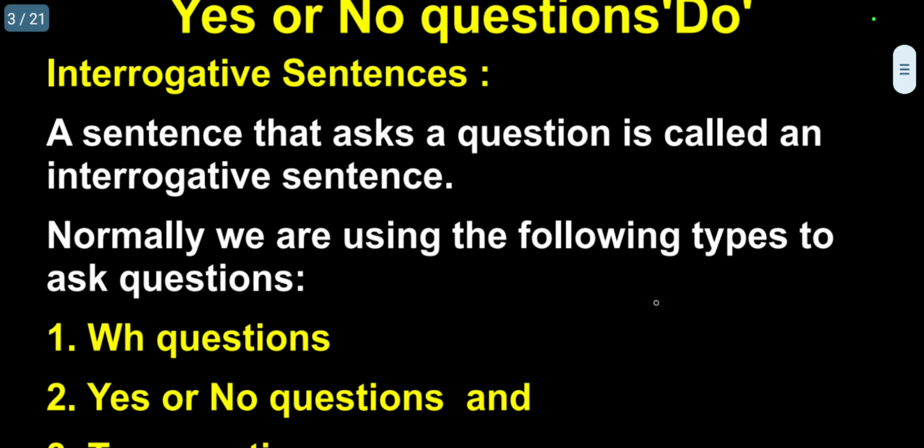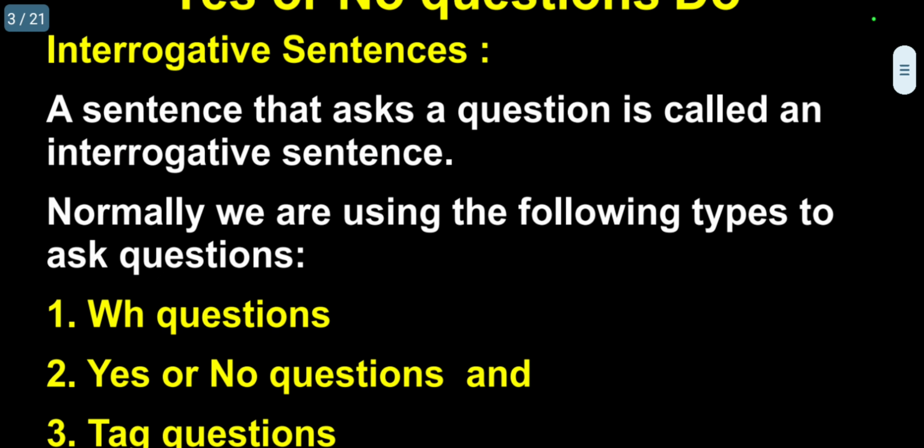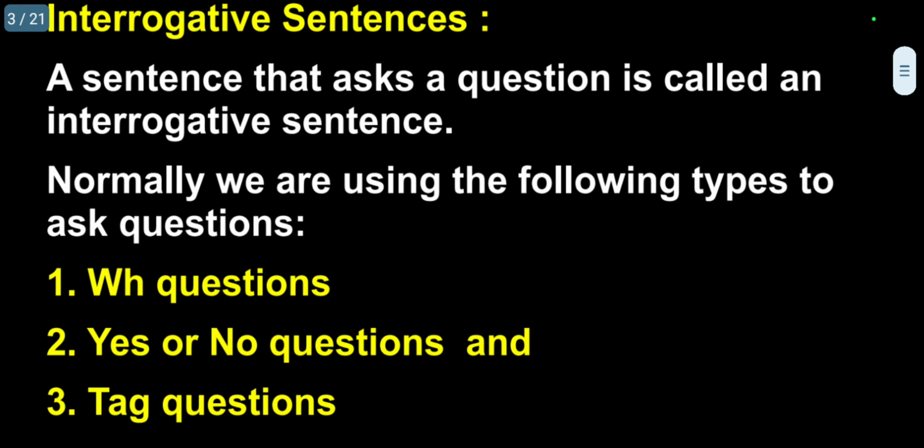Now, before starting asking questions using do, let me give some introduction. Normally, in spoken English, we need to raise questions and we have to reply to the questions. When we raise questions, it is called an interrogative sentence. Normally, sentences can be classified in a number of ways. One of the types is the